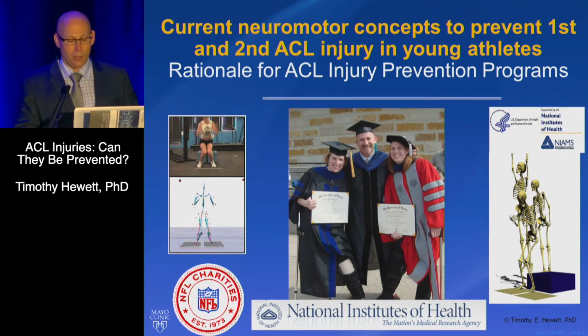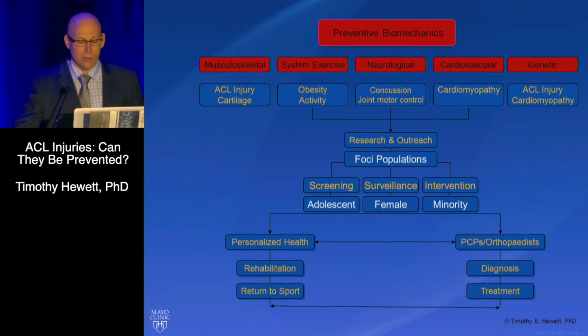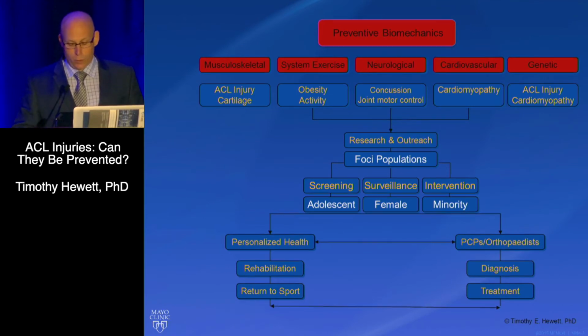The problem is Carmen and Katie are more the rule than they are the exception. So what we do is we use this approach called preventive biomechanics, and we look at musculoskeletal issues, and I'm going to talk about ACL and cartilage. But we also use this approach for things like obesity, activity, concussion. We're getting more back into cardiomyopathies, and then what we do is we get the entire medical team, and